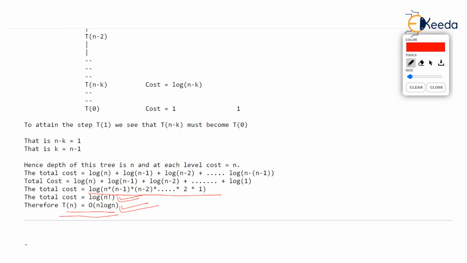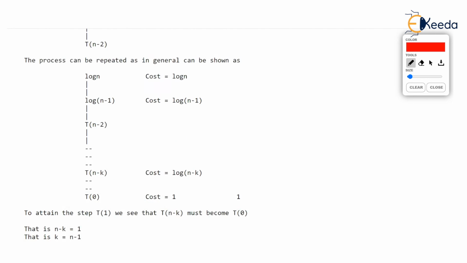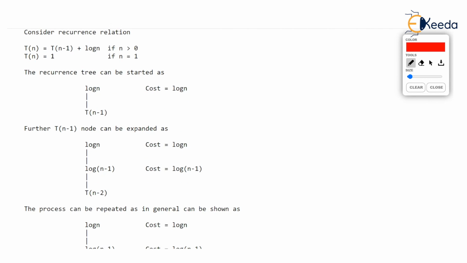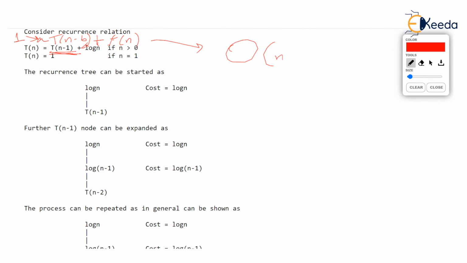Anyway, we knew the answer straight away from the observations we made on the decreasing functions: if we have T(n-1) or T(n-b), in general T(n-b) getting multiplied with a, where a is 1, then you just have to forget about b, and whatever f(n) is will give the answer by multiplying it with n. So we have f(n) here as log n, and the answer was n log n, isn't it?